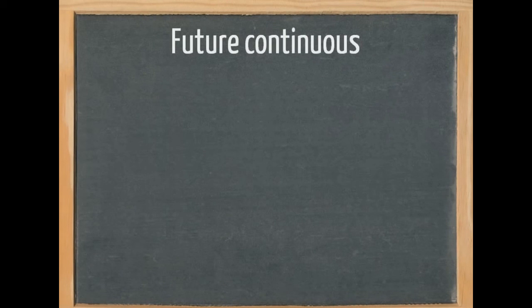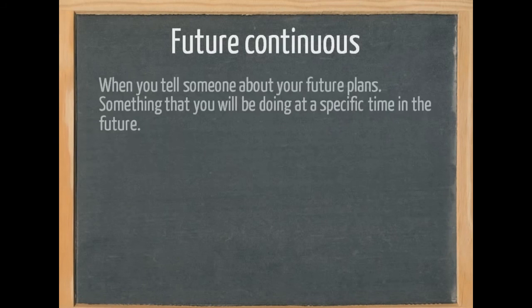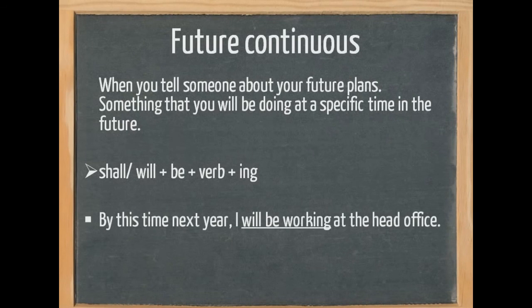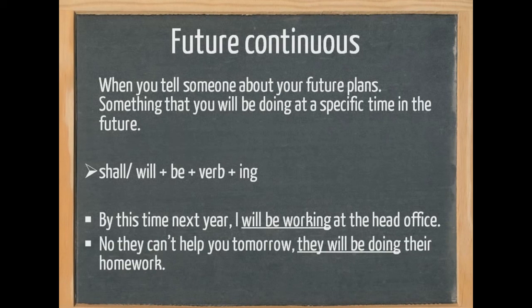A final form is the future continuous, and this is quite a tricky one. We use the future continuous when you tell someone about your future plans, something that you will be doing at a specific time in the future. We use shall and will. We use the infinitive of the verb to be, or the base form of the verb to be. We use the base form of a regular verb and ing. For example, by this time next year, I will be working at the head office. And no, they can't help you tomorrow. They will be doing